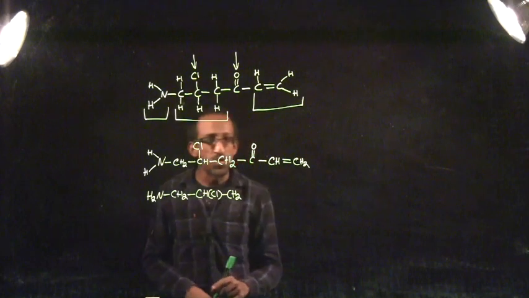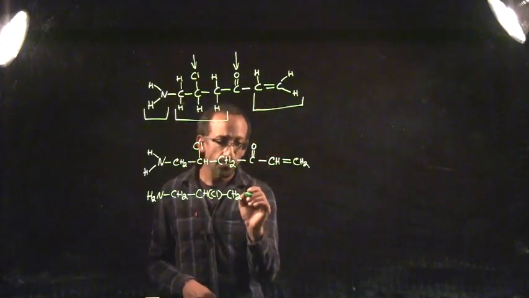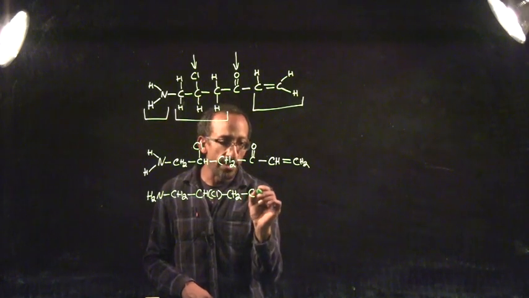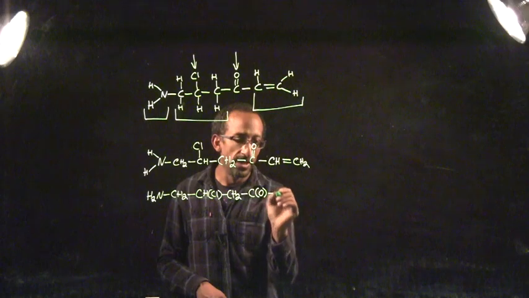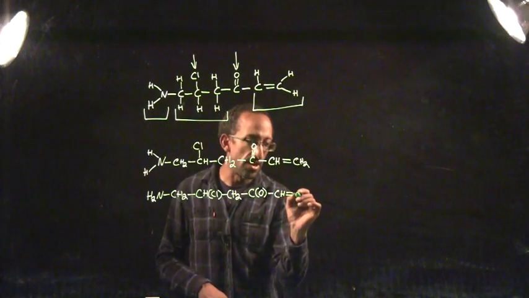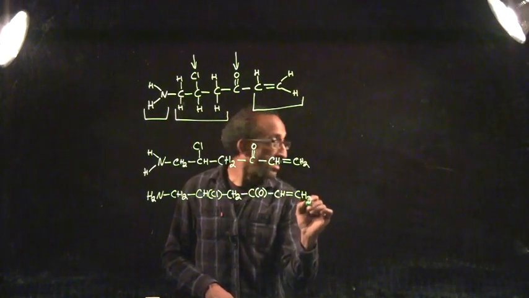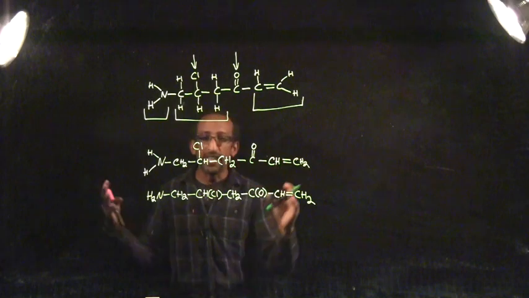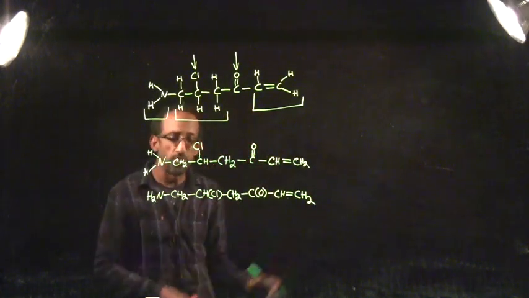We can do the same trick with our ketone functional group that we did with our halogen. We have our carbon, we put in parentheses our oxygen from the ketone, and then we continue on with our molecule. Our hydrocarbon group with an alkene in it doesn't change. Finally, in our last step, we can eliminate all of the bonds connecting the different groups we have